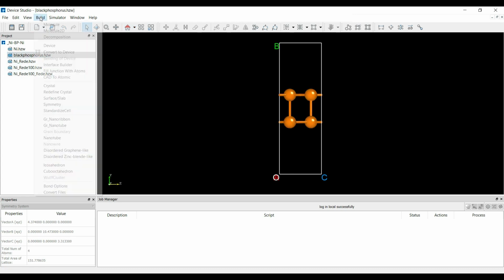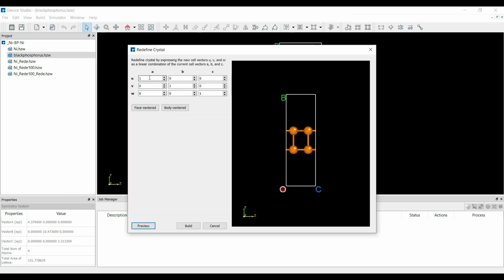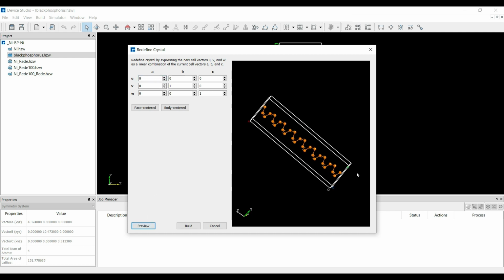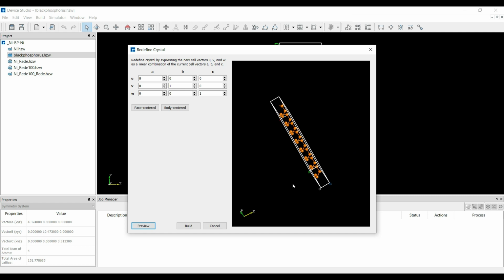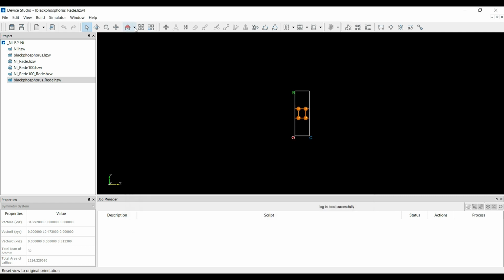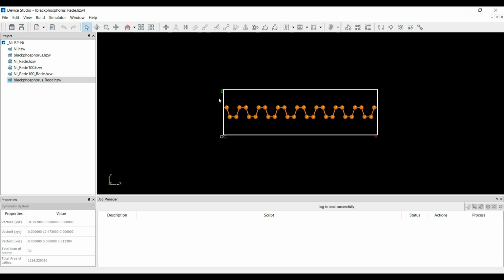Again you can go to the Build option, select Redefine Crystal, and here I would like to increase the length in the A direction. Then you can preview, and here you can see the length has been increased. Then you can click on the Build option, go again to the 3D viewer and select the XY view. If you want to delete atoms, you can select them and press Delete Atom.